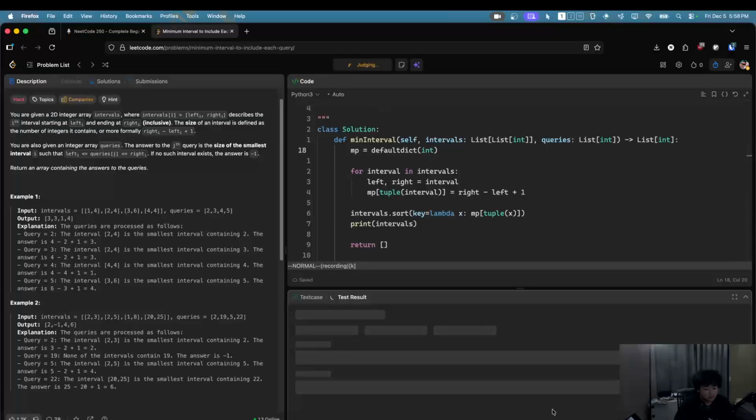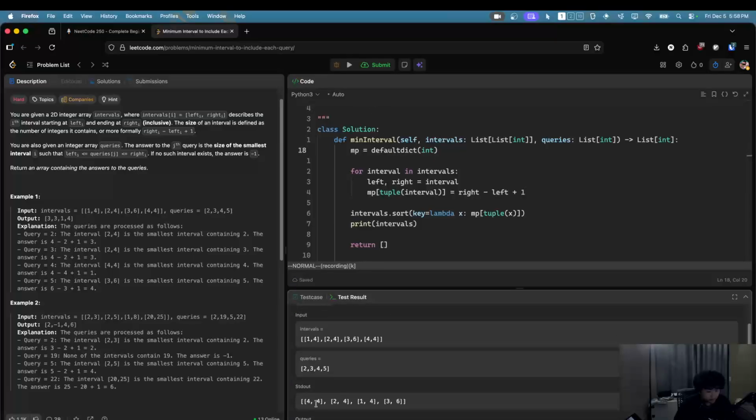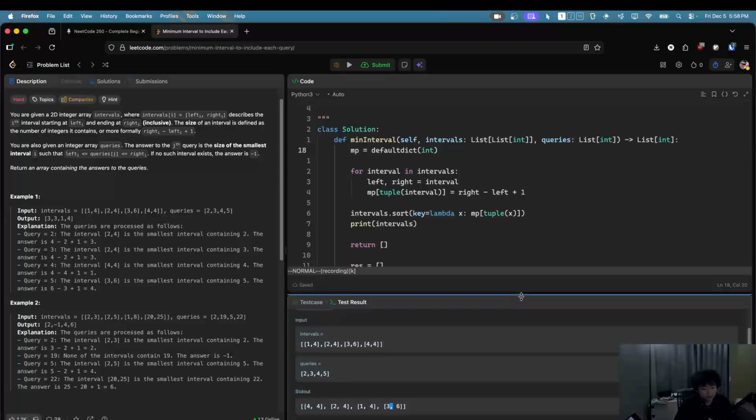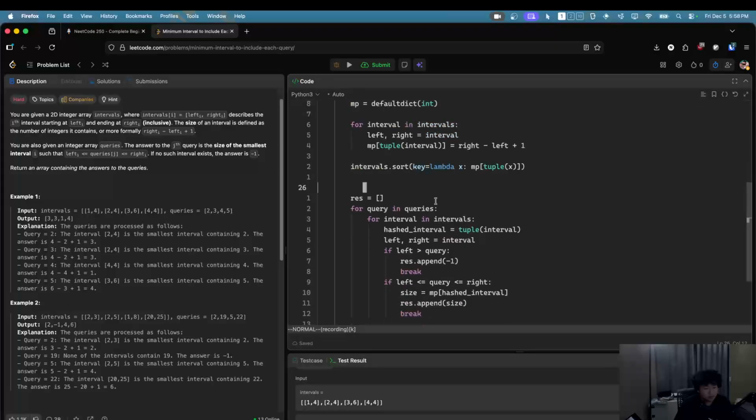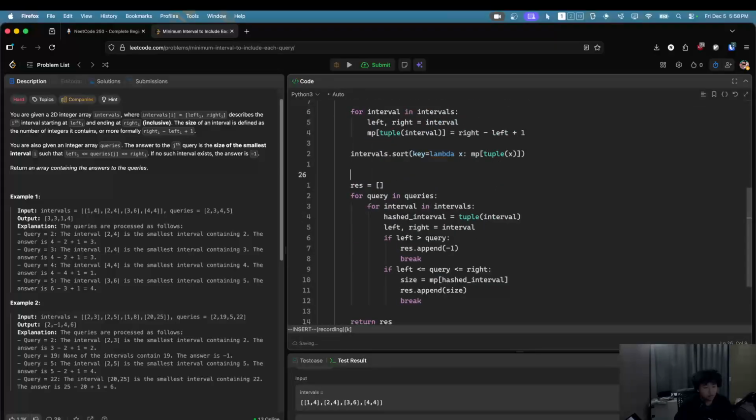Alright, what about this, boys? 4 4 2 4 1 4 3 6. Alright, perfect. Okay, that's exactly what I wanted. So I want you to sort by their size instead. Okay, now we go through their